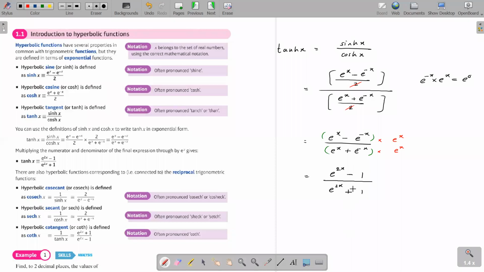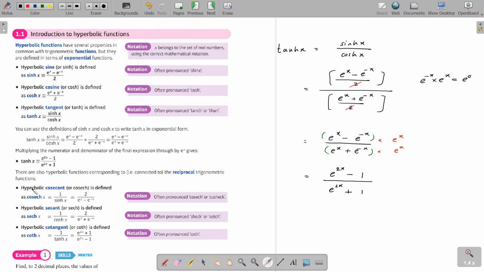All right, guys. So this is an attempt at simplification. So this is the final expression that we get for tanh x: e to the power 2x minus 1 over e to the power 2x plus 1. And then the next part, there are also hyperbolic functions connected to the reciprocal